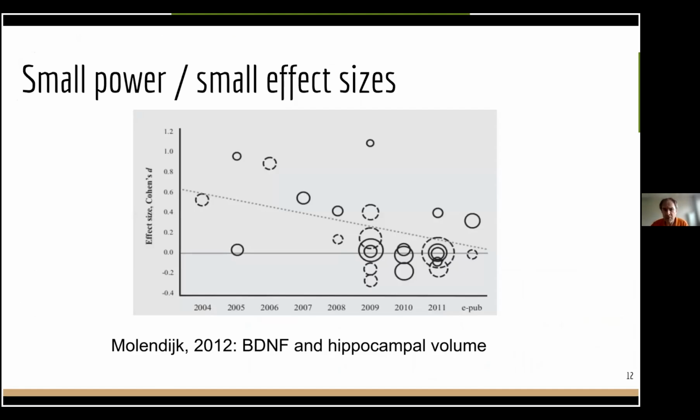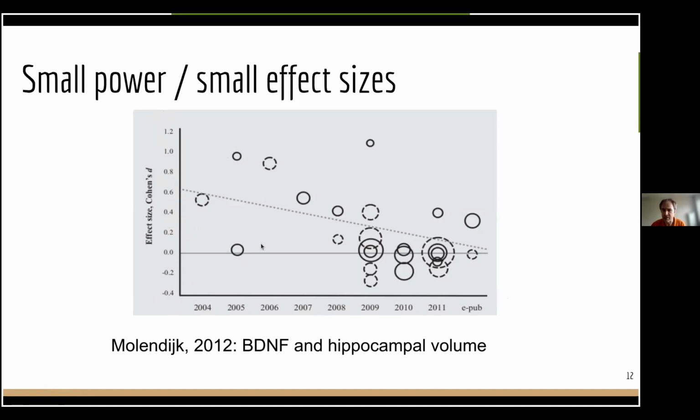So small power, small effect sizes. I would like to illustrate the problem with a very classic figure, which shows on the x-axis the year of publication, and on the y-axis the effect size of the association of the BDNF variant with the hippocampal volume. And the size of the cohort, or the sample size, is reflected by the size of the little circles that you see. You see early on small circles, so small sample sizes,